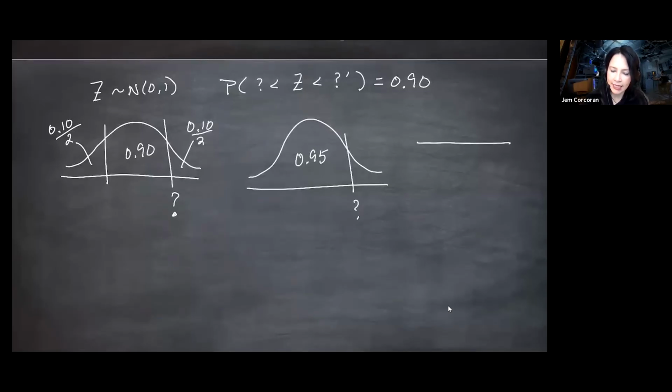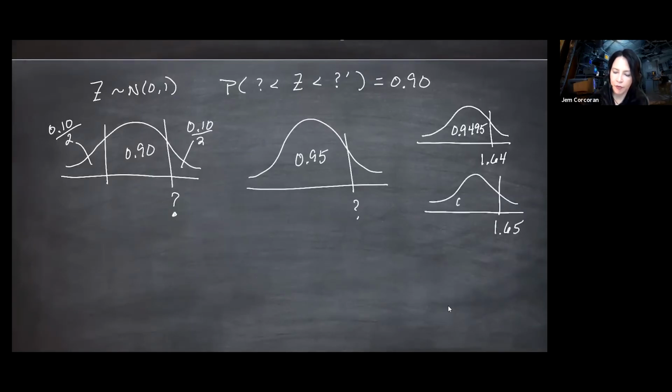We're going to have generic names for numbers that cut off certain areas that we want without actually having numbers. But from that table, I can see that if I take 1.64, I will cut off 0.9495. And then if I go up to 1.65, I'll cut off 0.9505. And so going back to the question mark in the middle of the screen, I'm going to take this to be 1.645. So again, I'd go with the closest value if there was one, but there's a tie here for closest.